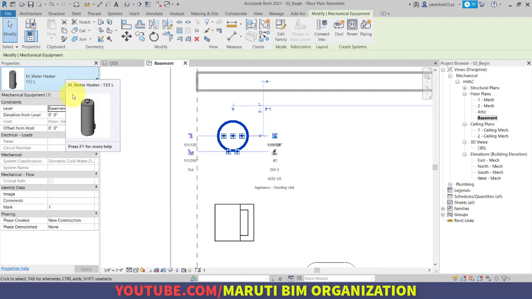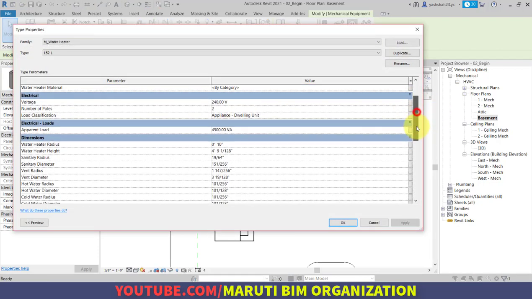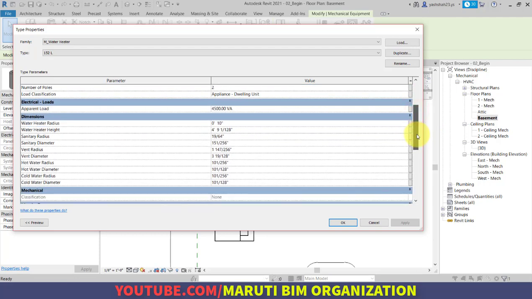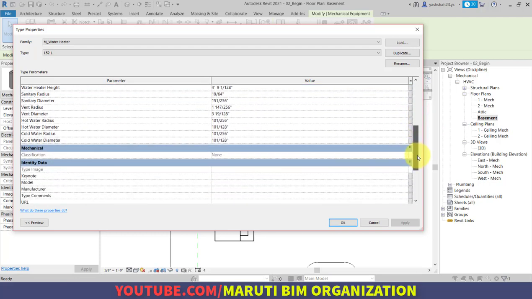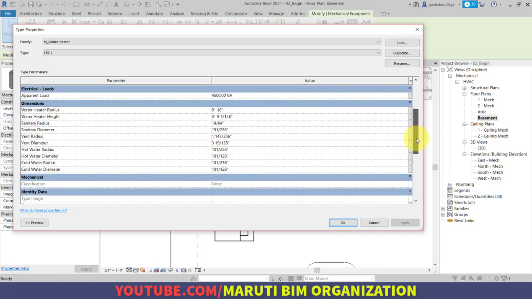If you select the water heater and go to Edit Type, you will be able to see all the properties from here. Since this family is a parametric family, all the options are available, so that you can easily change the radius, diameter, circular, then the sanitary diameter, vent radius, vent diameter, hot water radius, cold water radius, and everything.